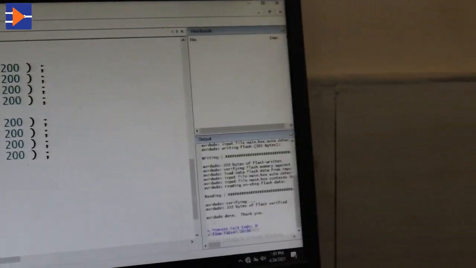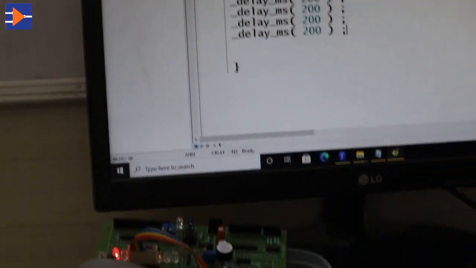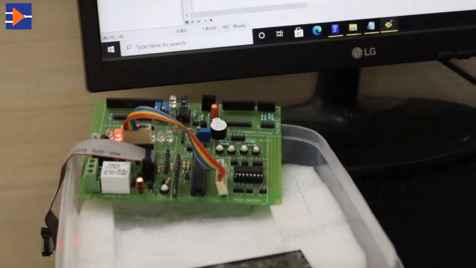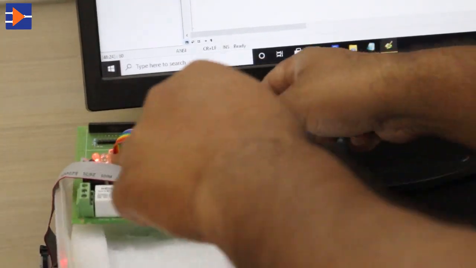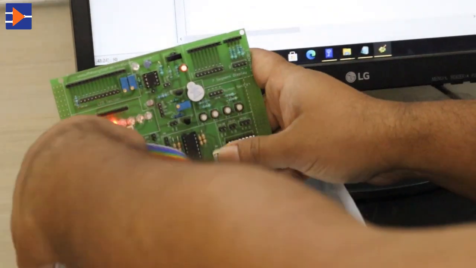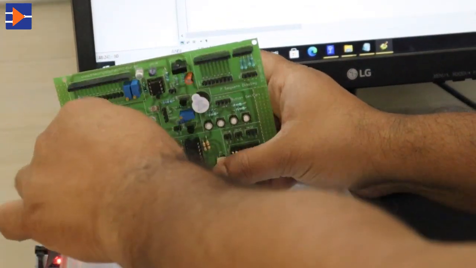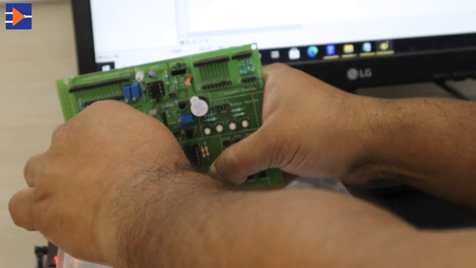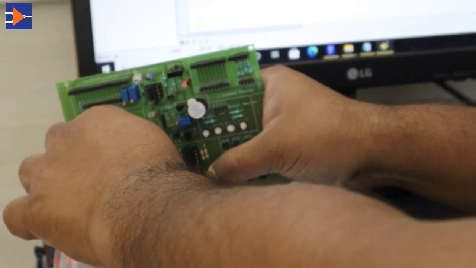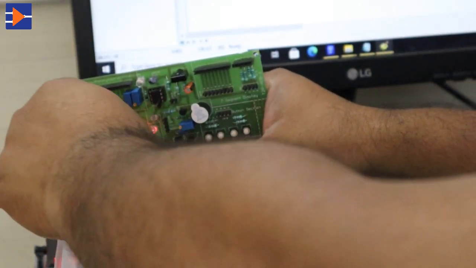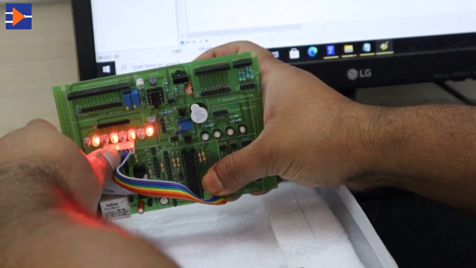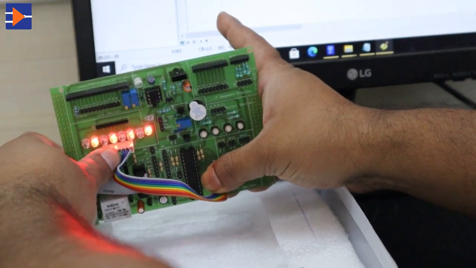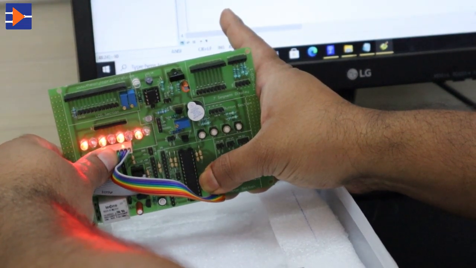Now we have successfully programmed the chip. Now you can see the result here, the effect of the delay. Now it is taking some more time.